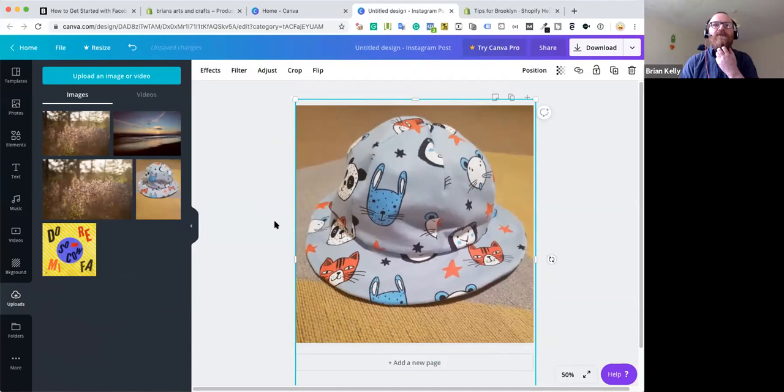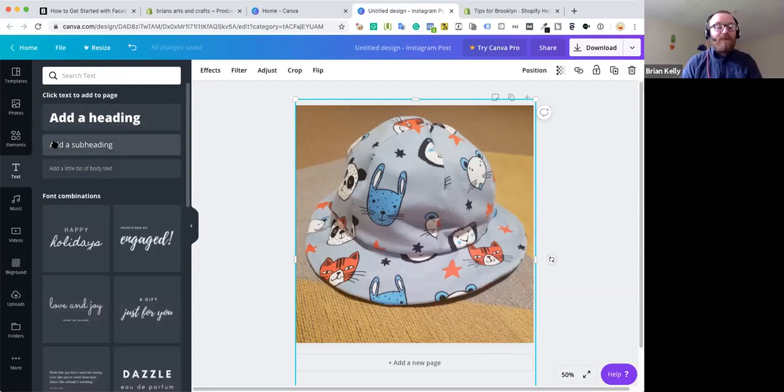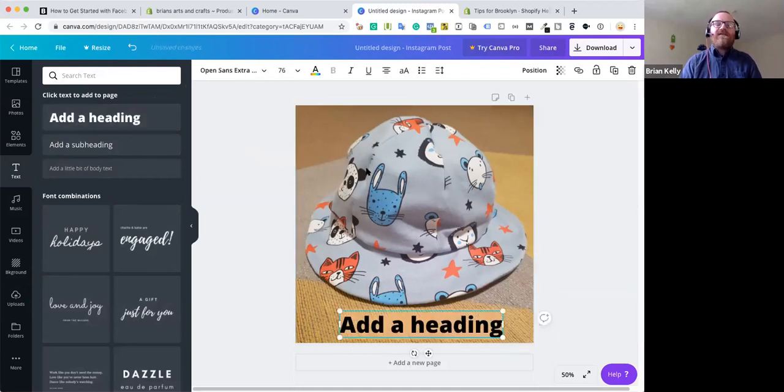Nice high resolution image that I have. What I could do then is go into the text. It's basically just drag and drop. It's really, really intuitive, and you can play around with it and start building things up at your own speed. So if I drag in the heading here,